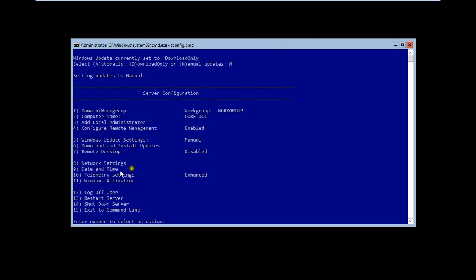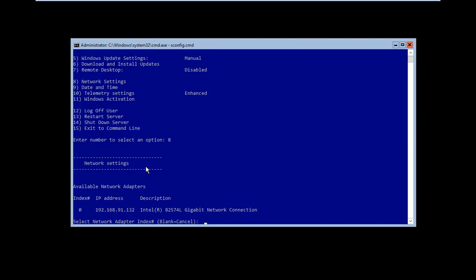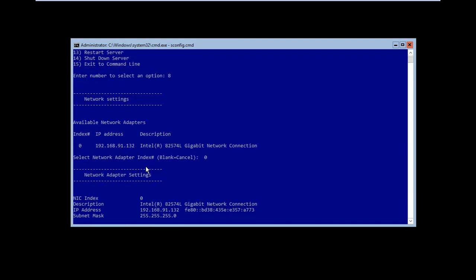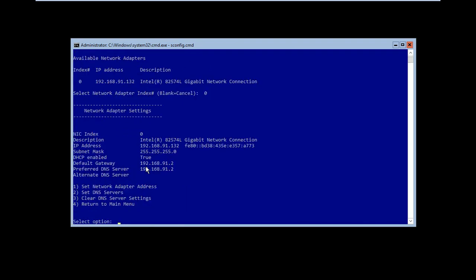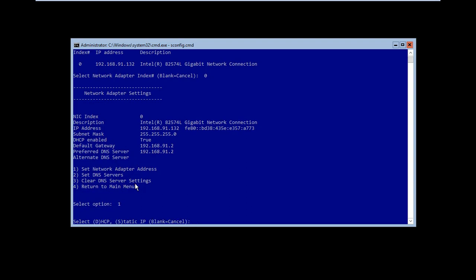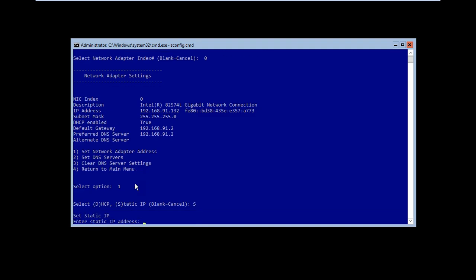Then network settings. Come to network settings, click 8, enter. Index 0, you have to click 0, enter. Then it asks to set the network address, option 1. Do you want to get it from DHCP or static? Of course I want static. Enter the static IP address 192.168.10.1, enter.